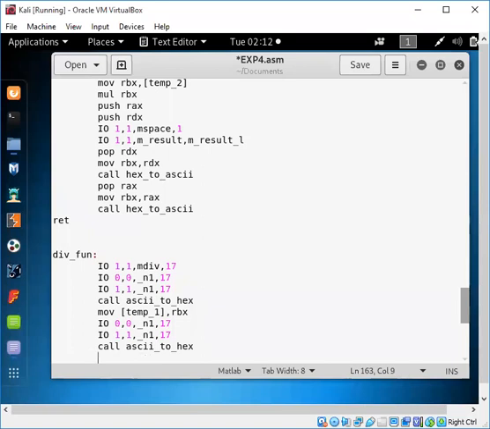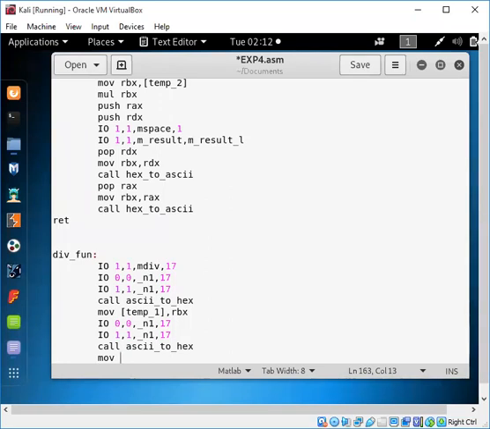So every time we need to identify whether the number is greater than 9 or less than 9, right? Otherwise, if you directly put the values, the final result will be changed, right? So this will be for the first two numbers which you are going to take.